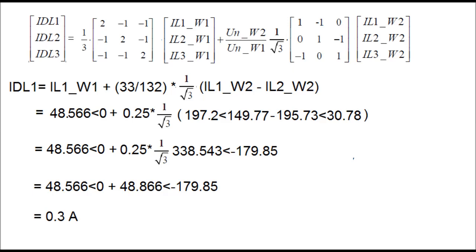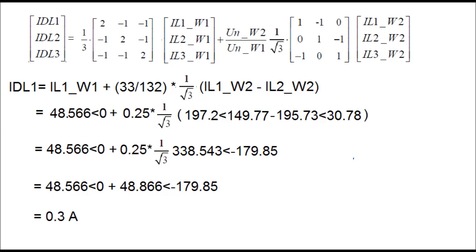Now IL1 W1 is equal to 48.566 at an angle of 0 degree, plus 0.25 into 1 by root 3 into IL1 W2, whose value is 197.2 at an angle of 149.77, minus IL2 W2, the value of which is 195.73 at an angle of 30.78. So simplifying this equation